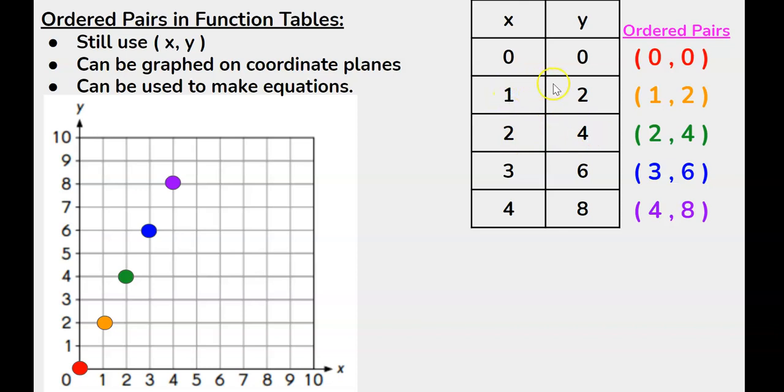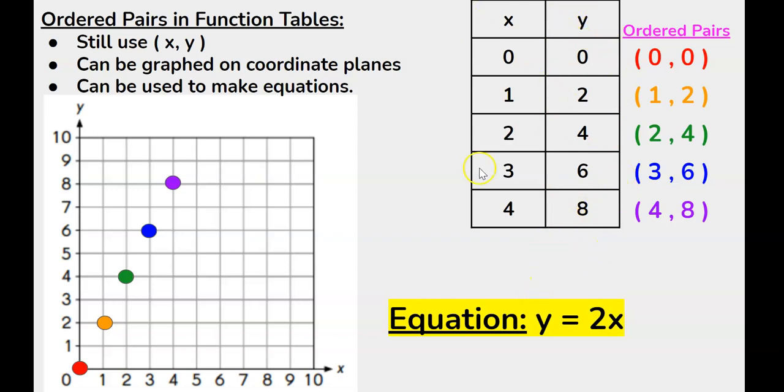Okay, well, 2 is larger than 1, so could I multiply? Let's see. 1 times 2 is 2. 2 times 2 is 4. 3 times 2 is 6. 4 times 2 is 8. That works. Our equation here is y equals 2x. In order to get to my y coordinate, my y in my function table, I have to multiply my x